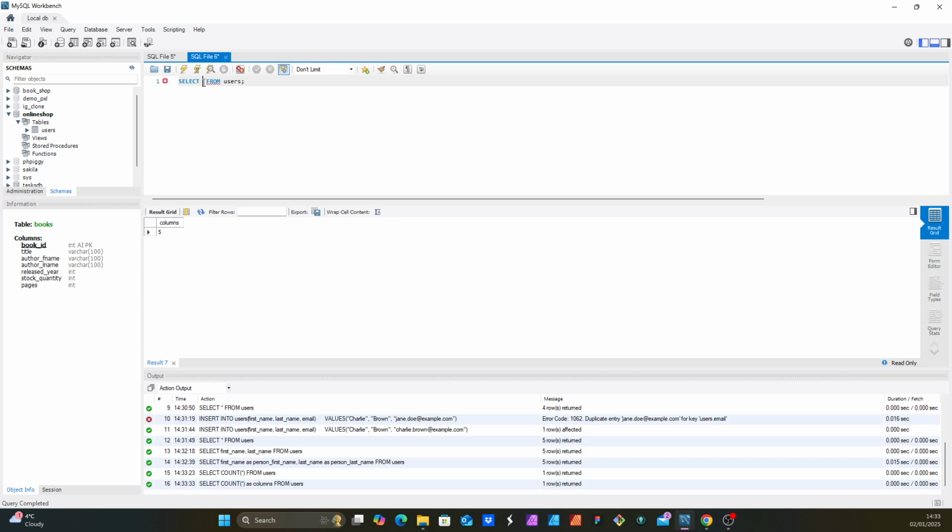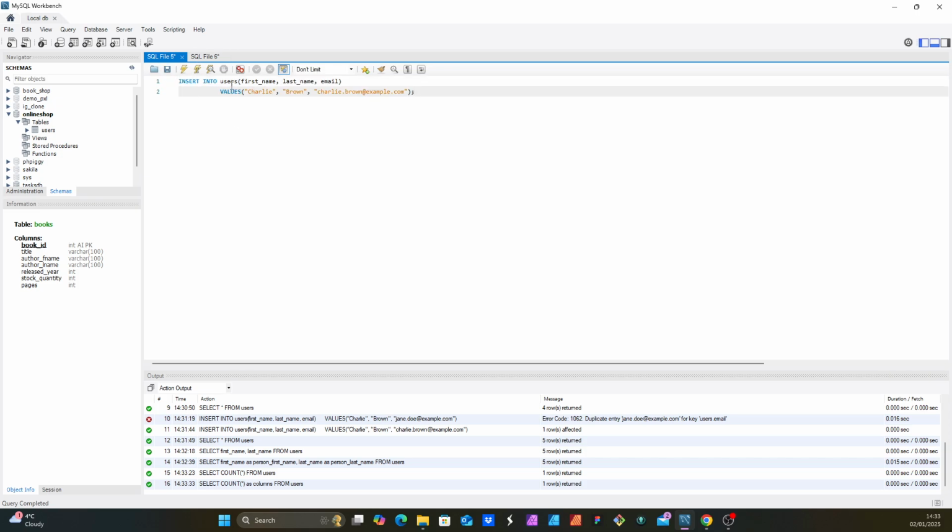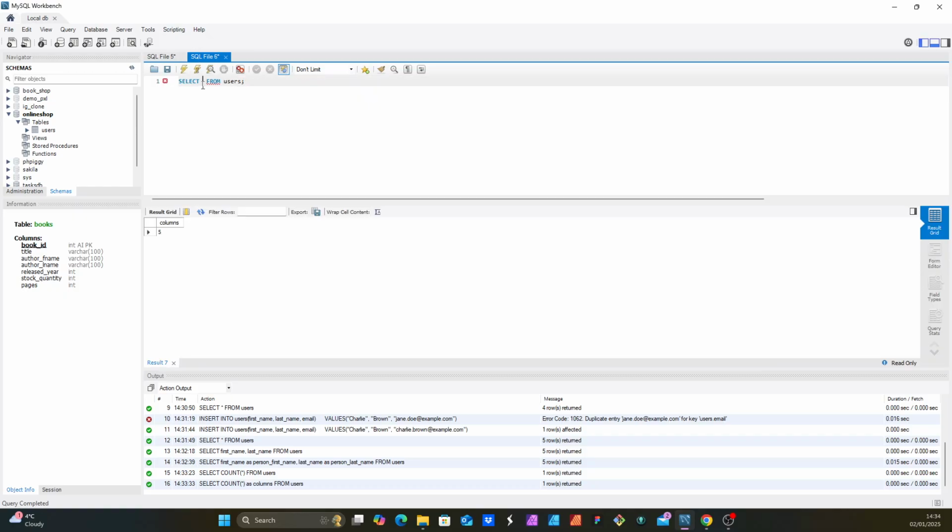But you know how to create a database, create a table, how to create your columns in a table, how to insert the data into the table by using insert into, table name, the columns that you're going to use, and the values you have to insert. Then you could select everything from the table, so select asterisk for everything, or you just name the column names and separate them by a